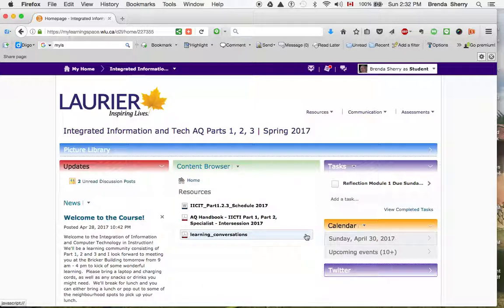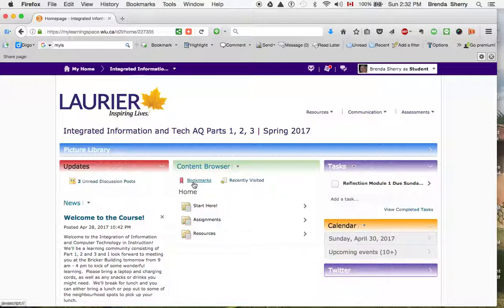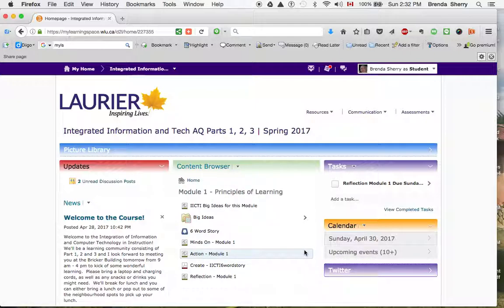Resources is what we were looking at yesterday. We've got our schedule, the handbook, and learning conversations protocol in there. Please take some time to just have a quick look over the AQ handbook from Laurier. That gives you all the rules of your responsibilities as a student. And then we have Module 1, Principles of Learning. So if we pop that open,